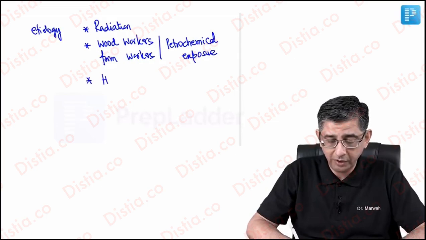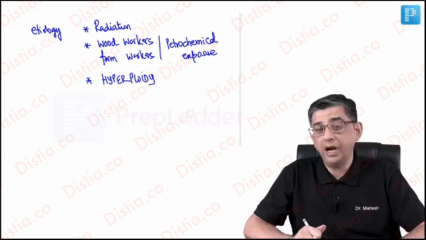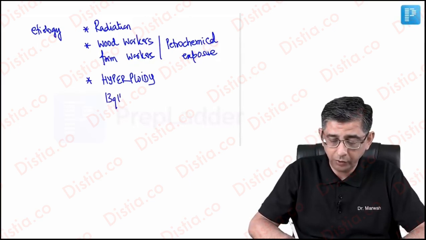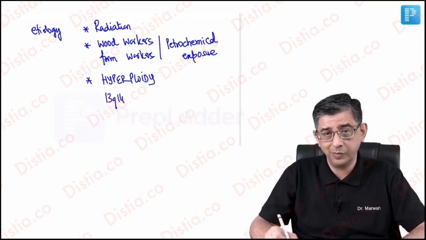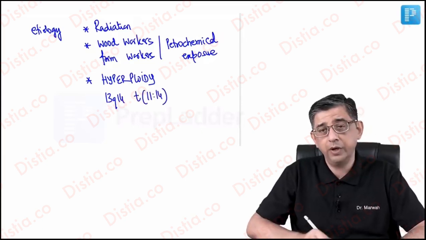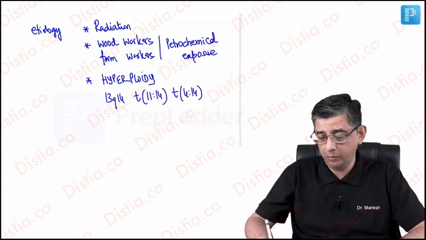Then would be aspects related to chromosomes. So a bit of cramming is to be done from the chromosomal perspective. And you will notice that number 14 will come again and again. That would be 13q14. You also read about 13q14 with respect to retinoblastoma. Then there is a chromosomal swap, that is t(11;14). Then is t(4;14). And the third one to be remembered would be